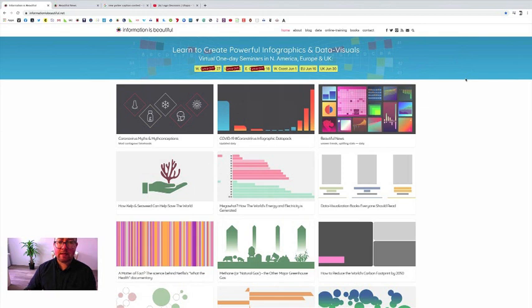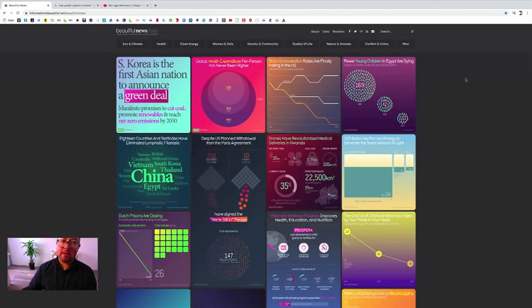They also have a supplementary site, which is Beautiful News Daily. Again, the same kind of concept around unpacking infographics, unpacking what information is presented, why, how, etc. And how does this create or supplement an argument.